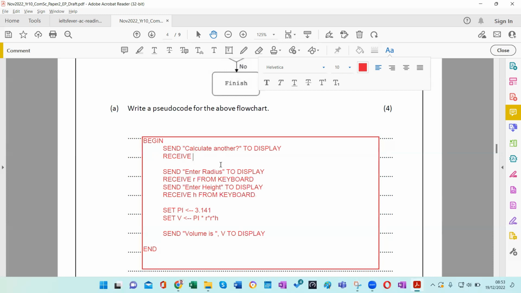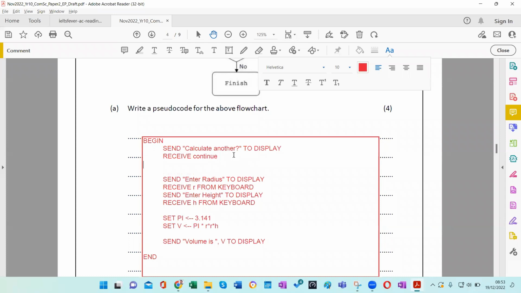Okay, so receive. Let's say receive continue. Continue is a variable, right? Then we have to start the while loop. I'm going to indent these lines. Unfortunately, I can't do that here. I had to use the space bar, so I'm going to start the while loop somewhere here, right? While means as long as continue